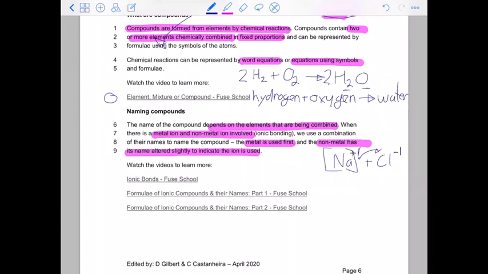We draw square brackets to represent the ions. Now we no longer have sodium and chlorine, it's a compound. They've joined together. We use the name of the metal, sodium, and then we change the ending of chlorine to "ide",